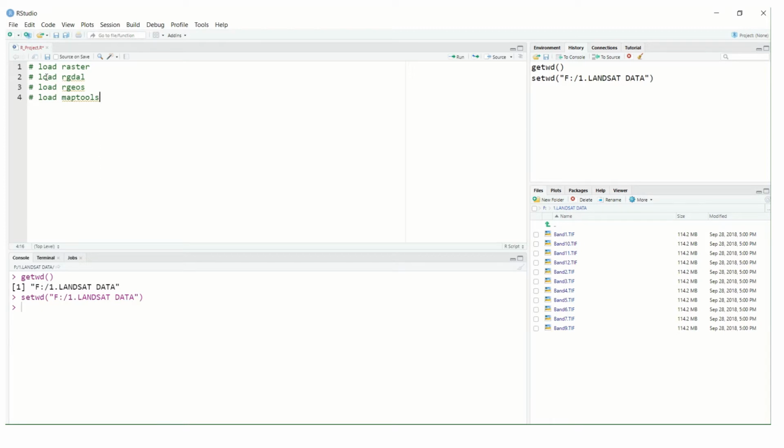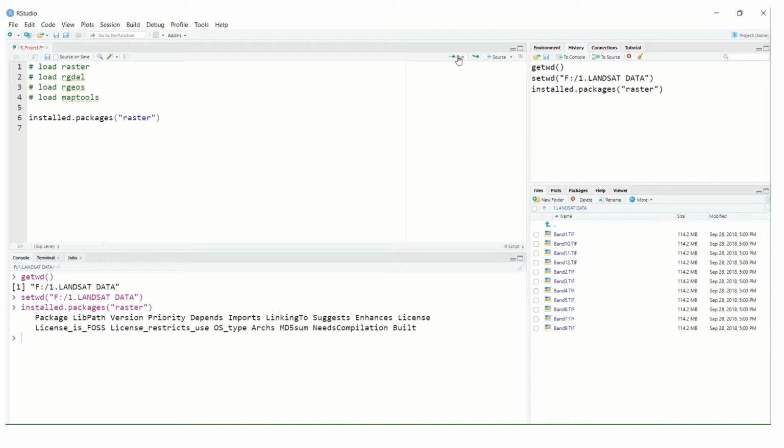For that you have the code install.packages, and in double inverted commas you write raster. Then you just run this.